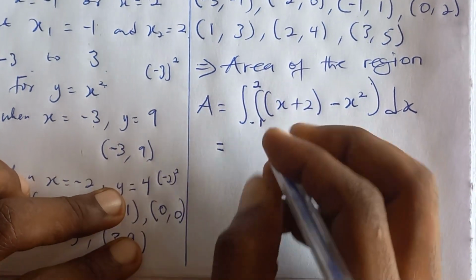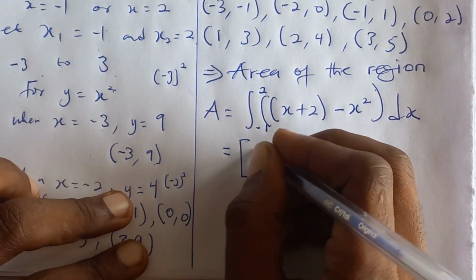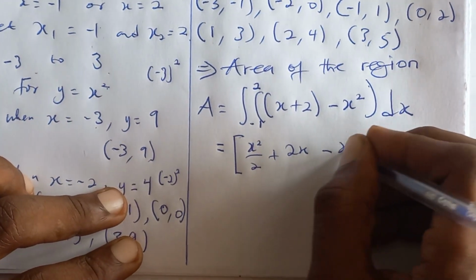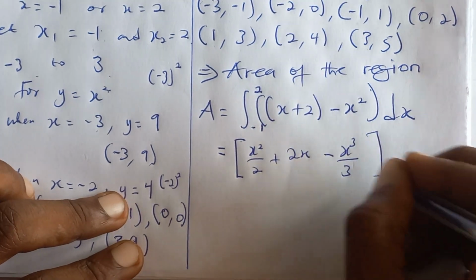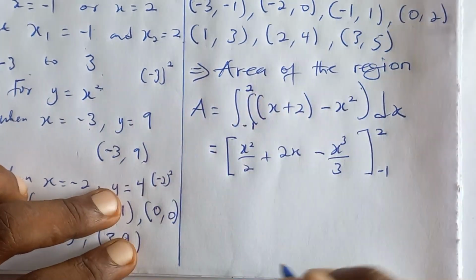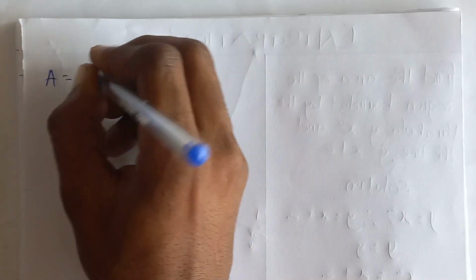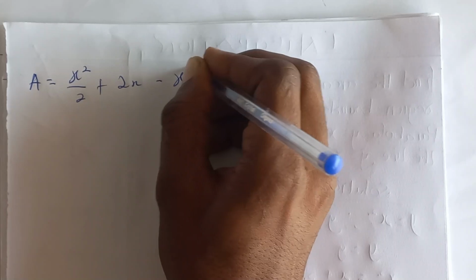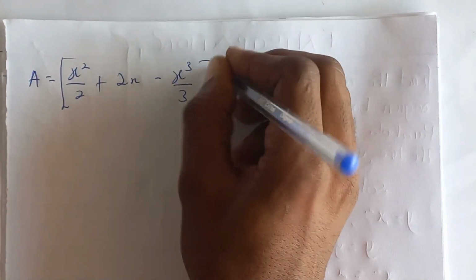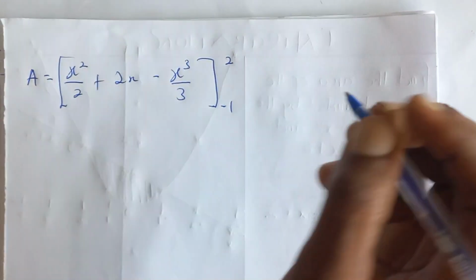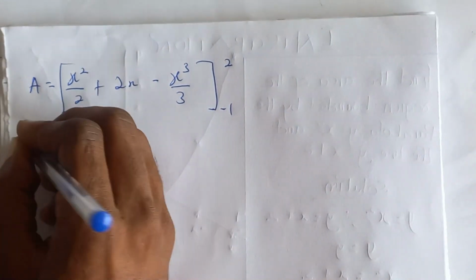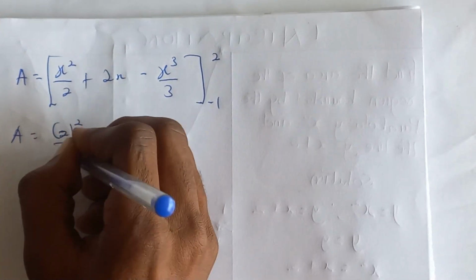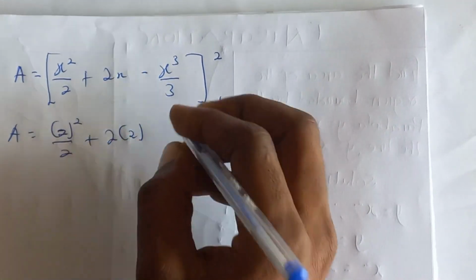So let's integrate this. We are going to get x squared on 2 plus 2x minus x cubed on 3, from negative 1 to 2. So A is equal to x squared on 2 plus 2x minus x cubed on 3, negative 1 to 2. So A is equal to 2 squared on 2 plus 2